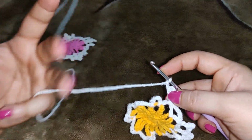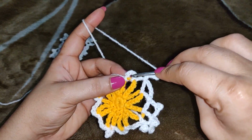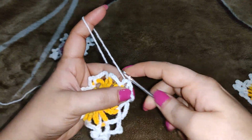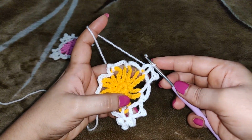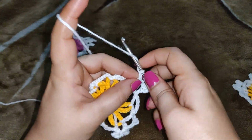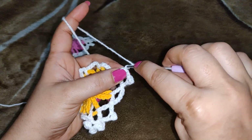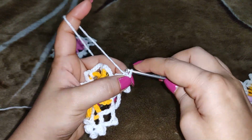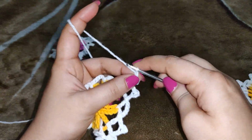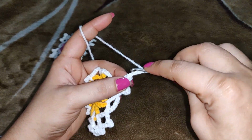Now after you chain 2, you work a slip stitch into your corner chain space, like this. Now after that, chain 3, 1, 2 and 3, slip stitch into your first chain, then you chain 4, 1, 2, 3 and 4, you slip stitch into your first chain,